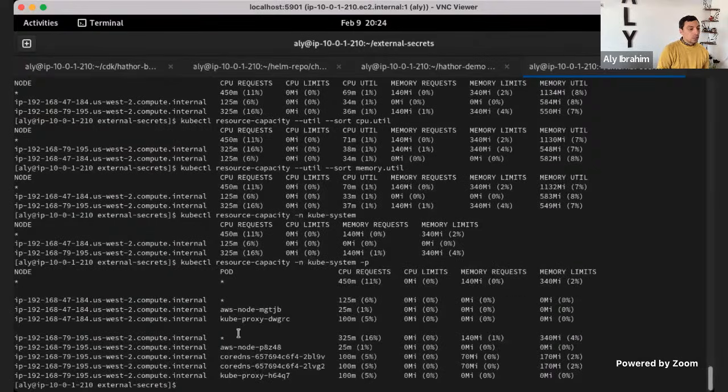So we can see on this node, these are the pods running. On this node, these are the pods running, and all of those are running within the kube system. And it will give you the utilization and the requests for each specific pod running on your system. So it's a very good view, at least an initial view of your cluster, without going to Grafana and Prometheus and all this hassle. You just need metrics server running on your cluster, and it will give you that overview of what's running.